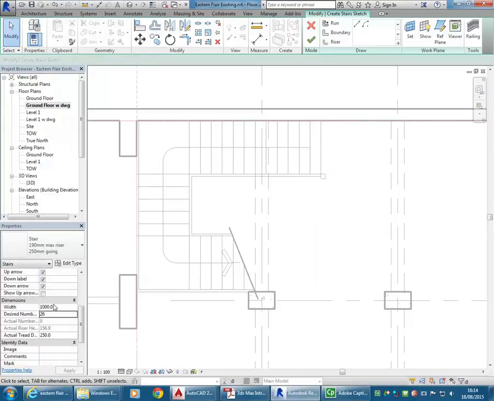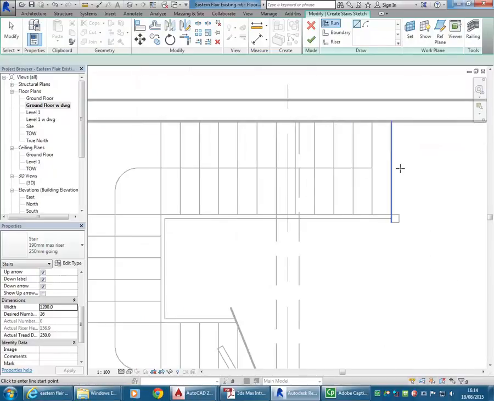Oops. Just have to press escape sometimes to get out of the measure. So there we are, 1200 across, and should be ready to draw the stairs. So back to run, straight line, and I'm going to start by snapping to, well, I want to snap to the midpoint of this line, but it's too long. So instead I'm going to snap to the end of this line next to it,